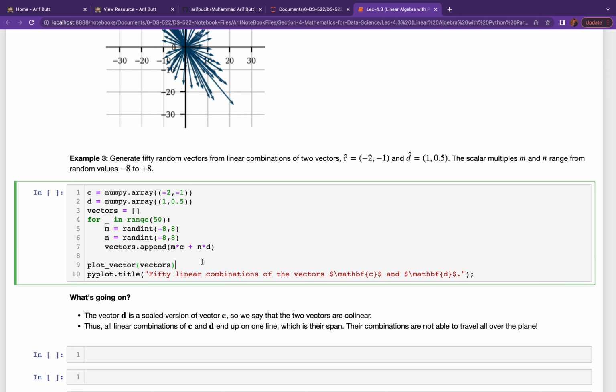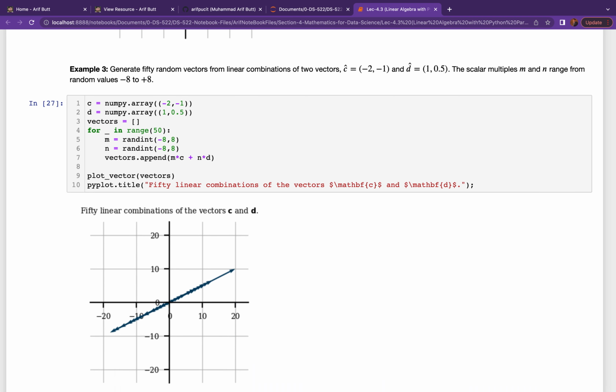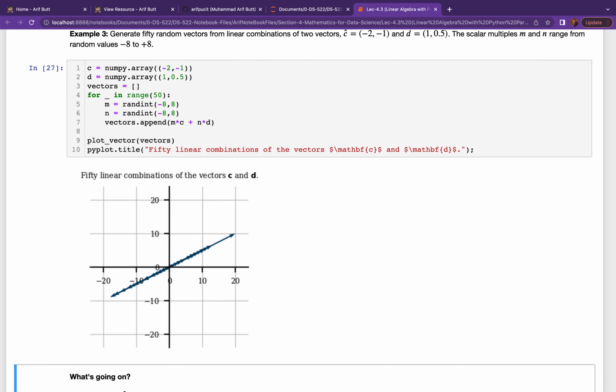In this example, I'm trying to generate these 50 random vectors from linear combinations of two vectors (-2, -1) and (1, 0.5), and the rest of the code is the same. Let me execute it. Oops, what has happened? Actually, in this example,